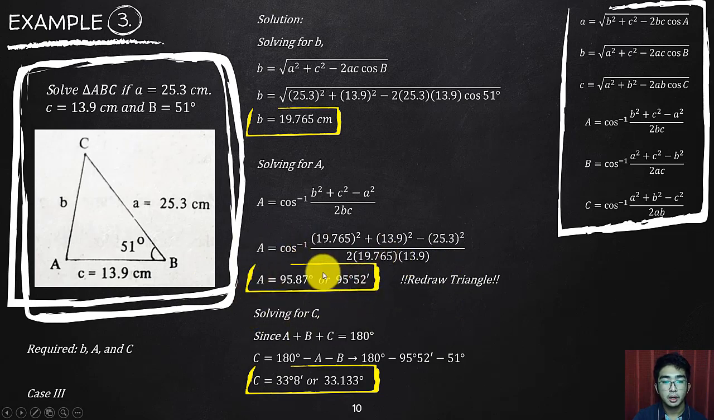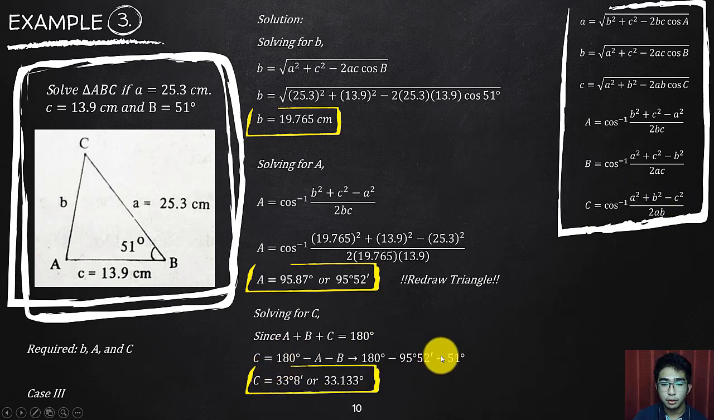Now, since we already have angle B and angle A, we can readily solve for C using the relationship that the three angles must add up to 180 degrees. Can you use the law of cosines for C? Yes. Actually, I prefer to use this solution, but since this is the easiest one for now,